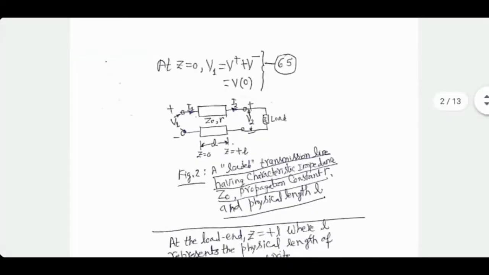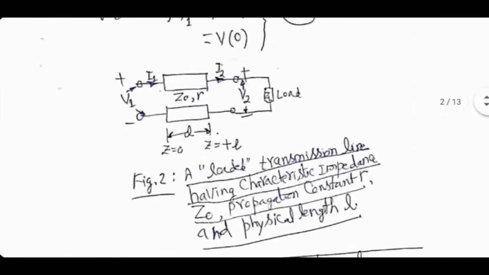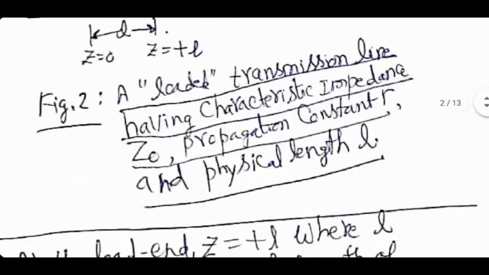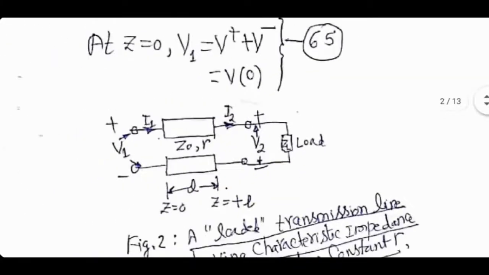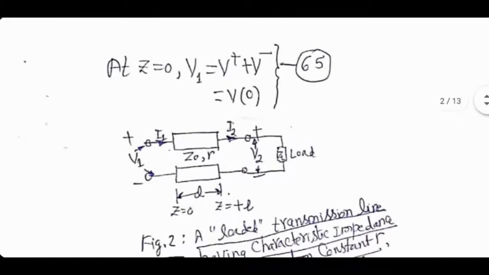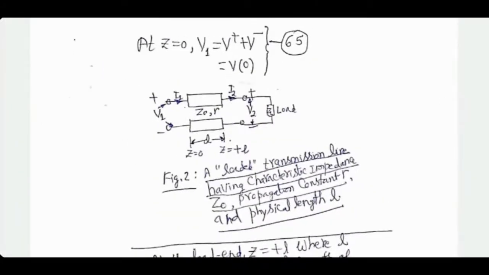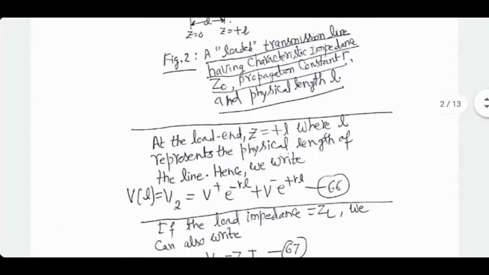We will assume now that the line is terminated into a complex load having load impedance ZL. That would put another boundary condition on this. That would put a condition which I'm going to call boundary condition. If a load ZL is connected at the load end, V2 should be I2 ZL. That puts an extra condition to satisfy on us.